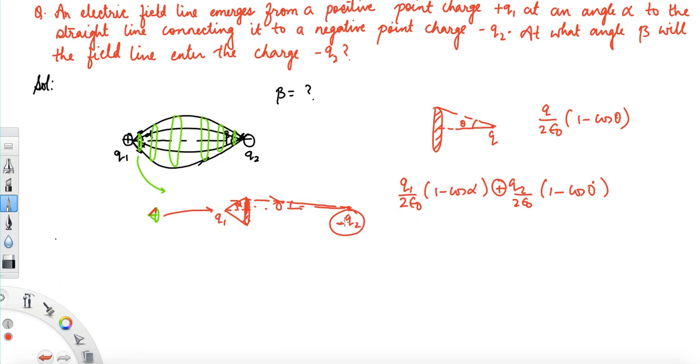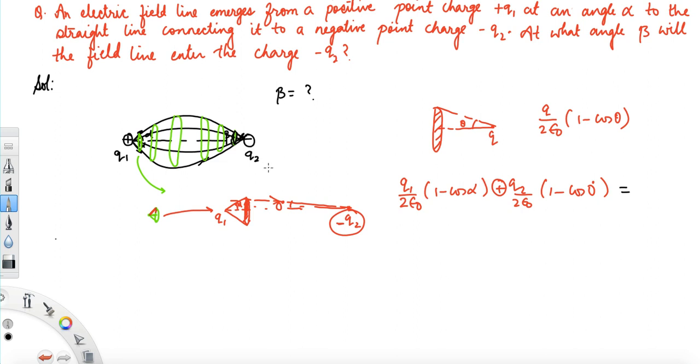It won't oppose the electric field due to q1 through this surface. So q1 over 2 epsilon naught times 1 minus cos alpha plus q2 over 2 epsilon naught times 1 minus cos 0 degrees is going to be equal to, now we have to consider another cross section,